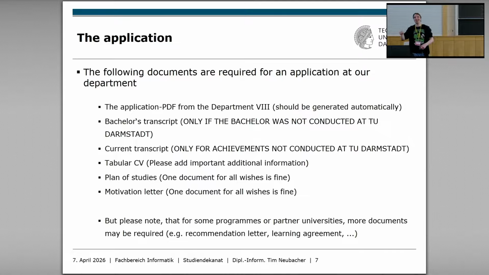On January 15th, we're finalizing our selection, sending that to the International Relations Office. They are checking for some formal criteria. Then you will receive a so-called Annahmeerklärung. You have to send it back within a week, I think, usually. Then, a bit later, they will nominate you, because the university has to nominate officially, at the partner university. They will check some criteria. Then they will get in touch with you, and then you have to apply at the partner university as well. And here you may actually have to submit some other documents as well, recommendation letters or whatsoever. And if you got accepted there,